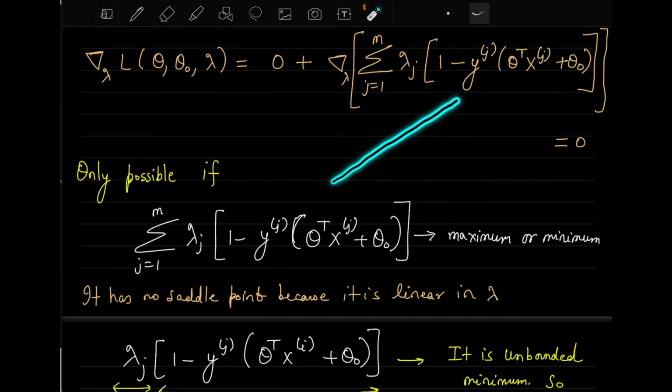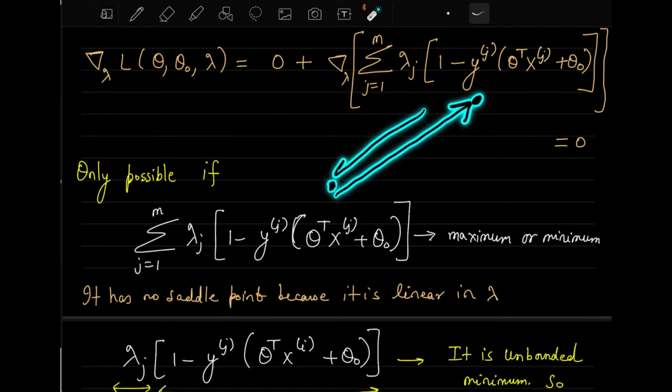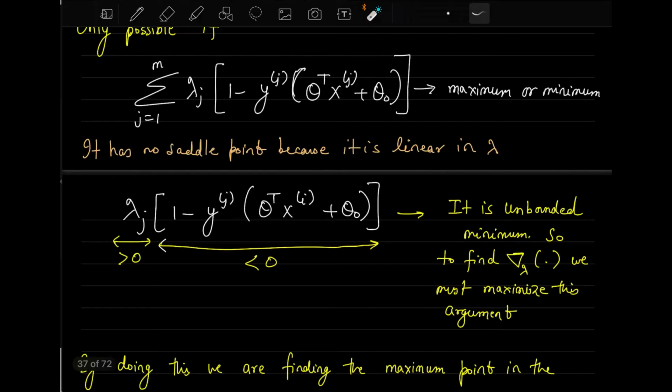So we want to see whether we want to go this way to find the value of lambda, or this way. That means whether we want to go uphill to find the value of lambda here, or go downhill like this. So you note here that lambdas are always greater than 0. That is because we discussed it, right? We discussed these are alphas. So this is always greater than or equal to 0, and we know this particular expression is always less than or equal to 0.